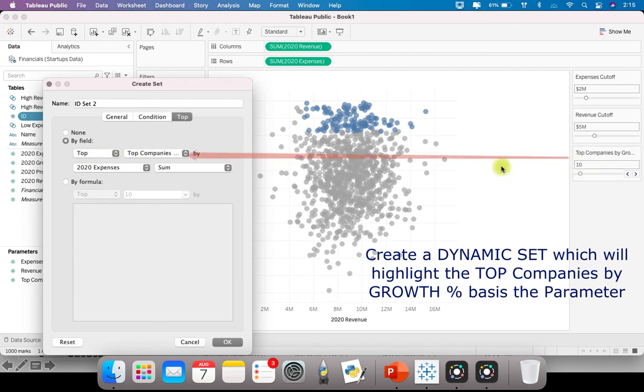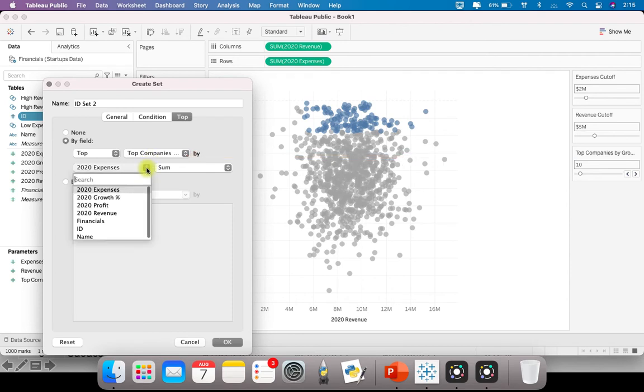If it's 20 over here, it will select top 20. And that has to be basis the field 2020 growth percentage. So depending on the growth percentage only, we'll filter the top companies. Just rename this to top companies by growth percentage.